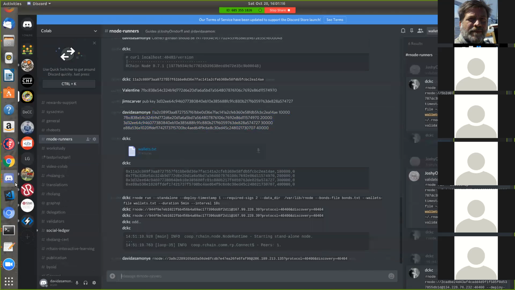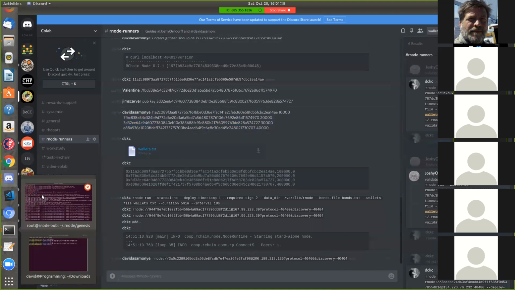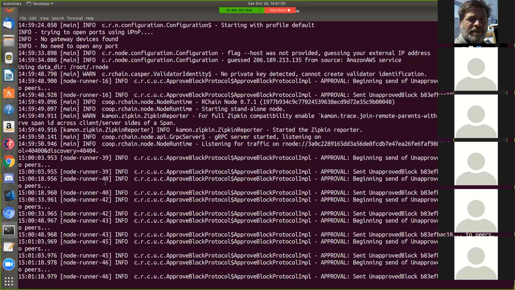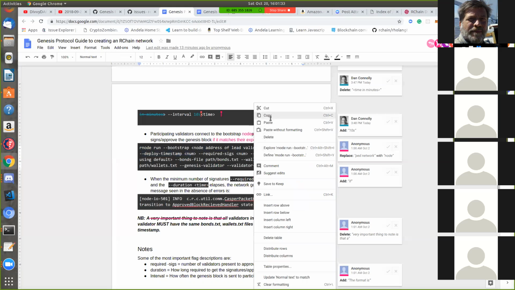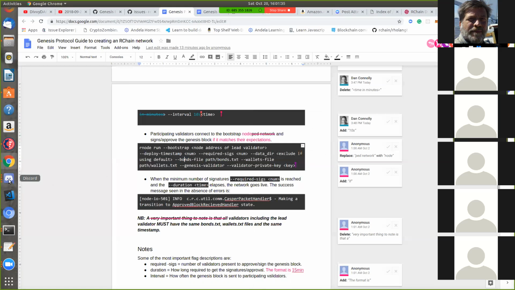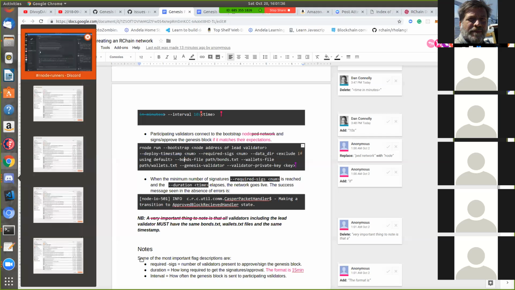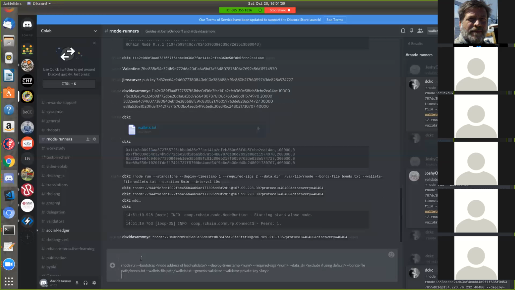All right. So I'm gonna paste in the command for... We have to run the command to generate the Genesis block, right? To sign the Genesis block.